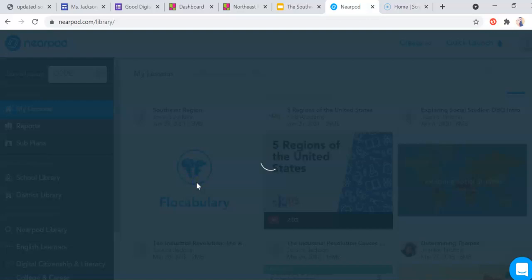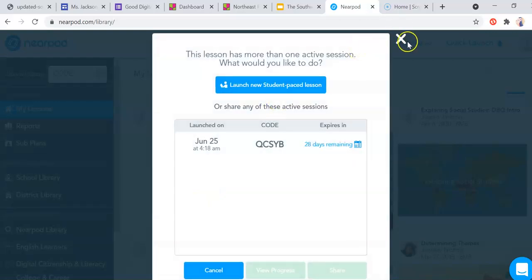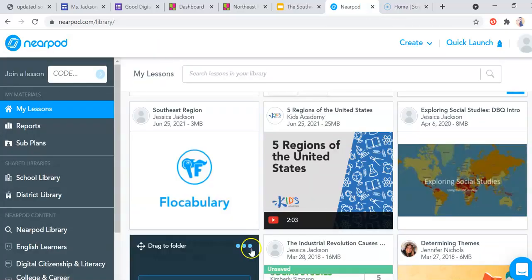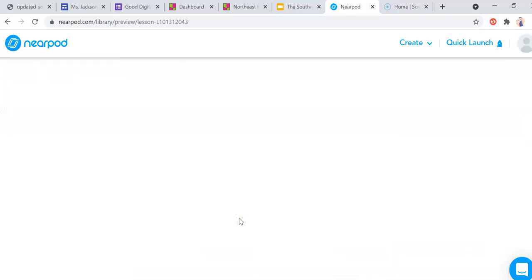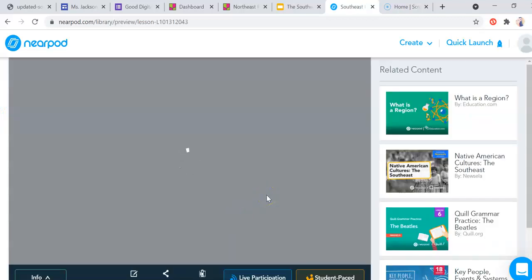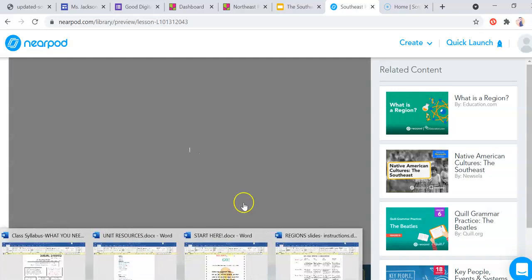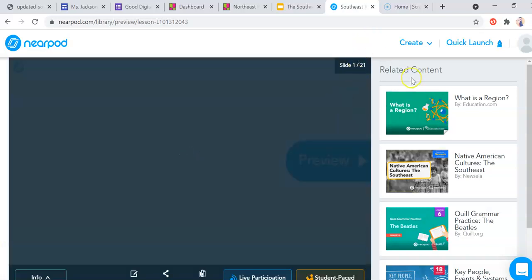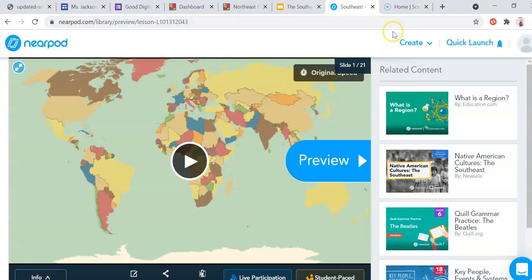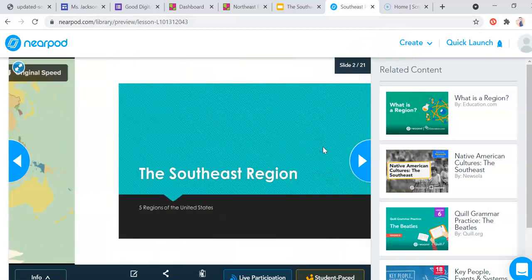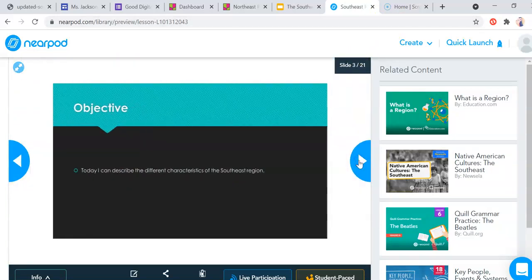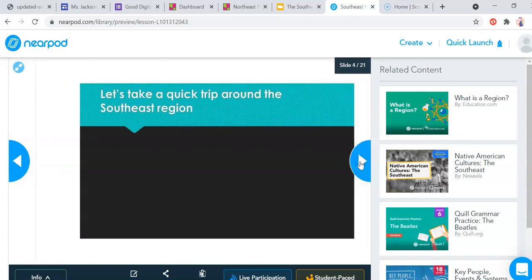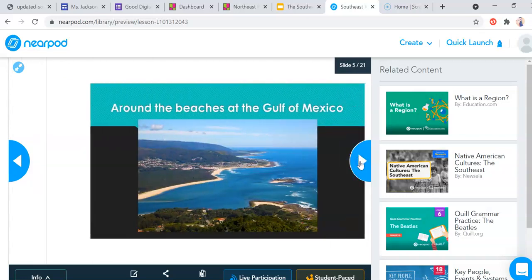So as far as the student pace, it'll actually walk students through all the different links that they will view within a module. It will allow them to actually see the objective for today and what